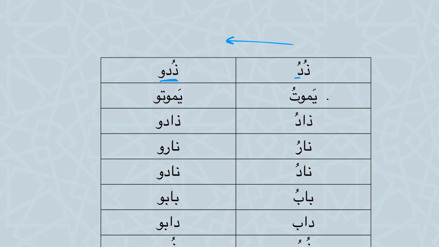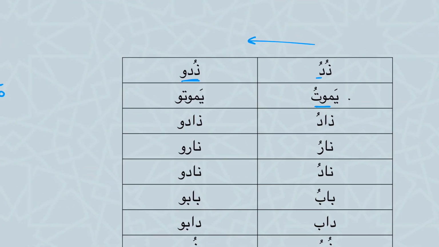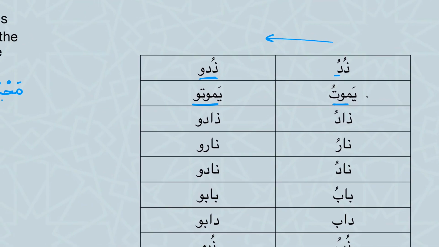Let's look again at this verb here. There's a fatha on the ya, so it's ya. There's mim, waw, so I know it's a long vowel u, and the ta has dhamma, so it's yamutu, yamutu. But here, if I want to say it, same case, there's a fatha on the ya, so it's yamutu, yamutu. قل موتوا بغيظكم, yamutu, no? موتوا,